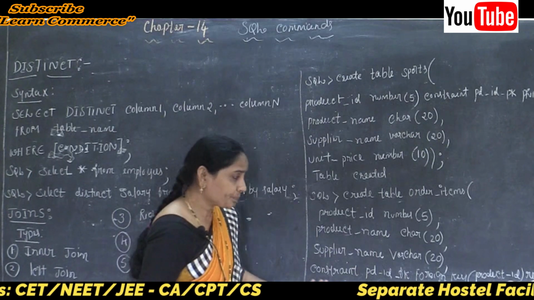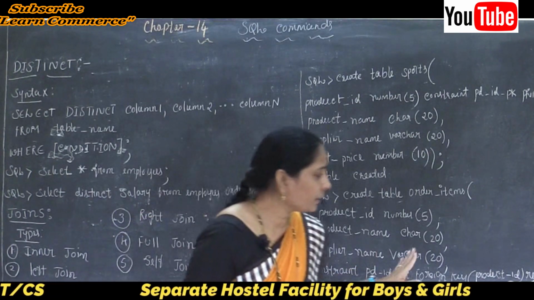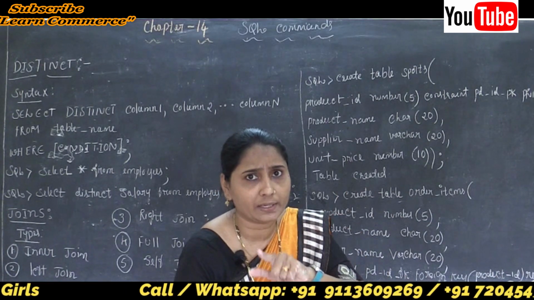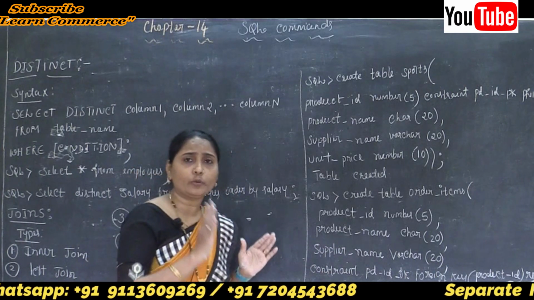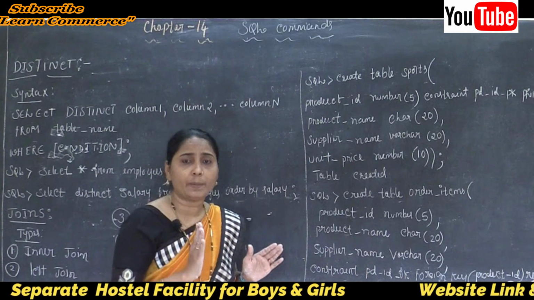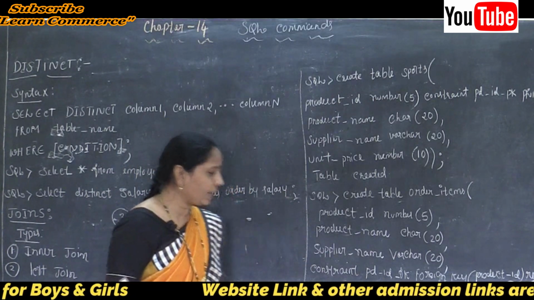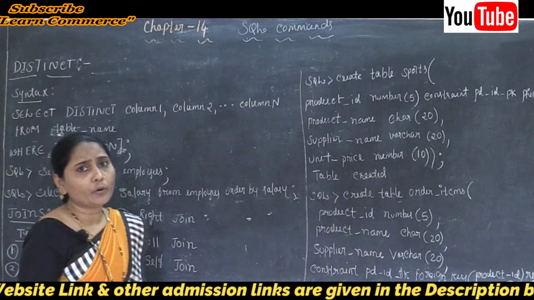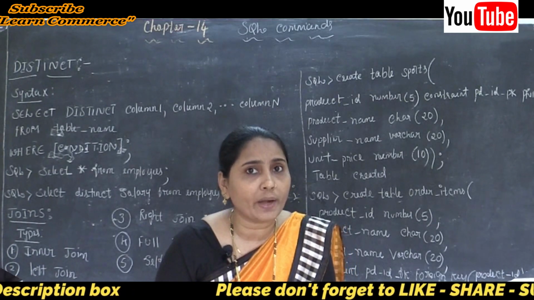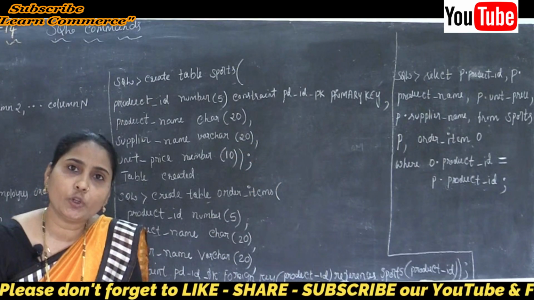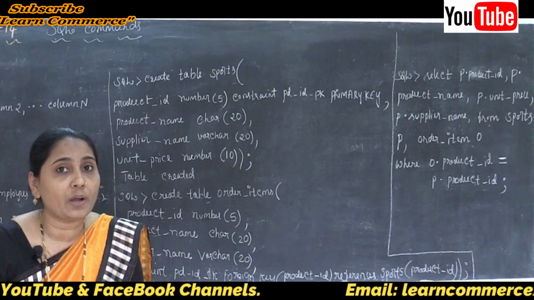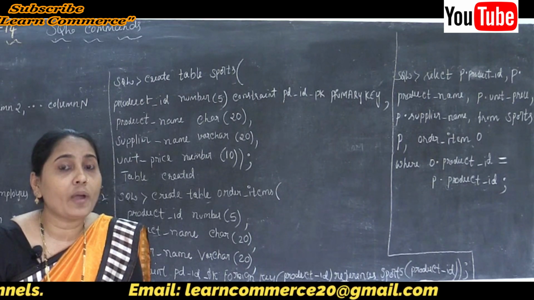And later, next one. After that, why? Because here in our joins, I want to join the first table and the second table. Is this point clear? I want to join some records, I want to show some data, I want to collect some data from the first table as well as the second table. And we know that because in this example I used the foreign key. So what about the foreign key? We know that for a column to be defined as a foreign key in one table, it should be defined as a primary key in another table, correct? Or any column referencing the primary key of another table.